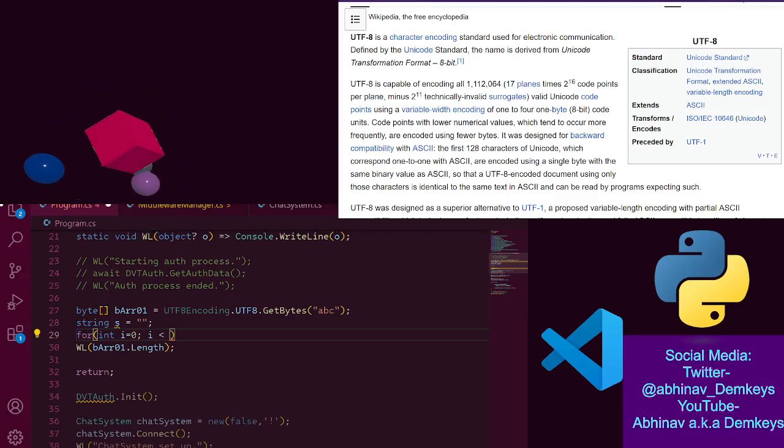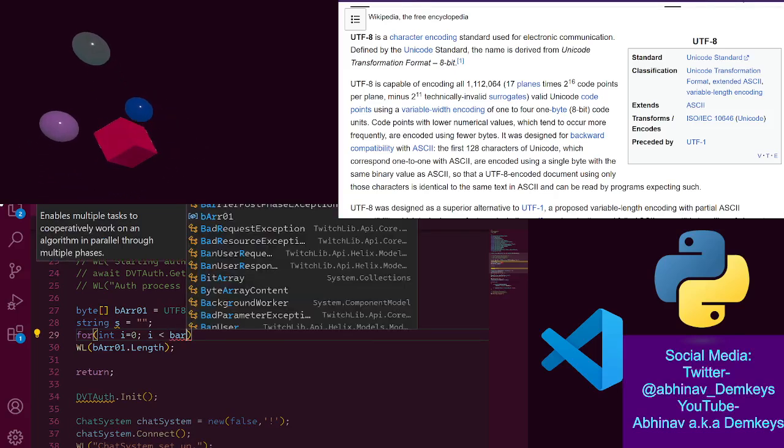I feel like Python has made me lazy as hell, because when I come back from doing a bunch of Python to C#, I look at it and I'm like, oh my God, there's so much typing. So much typing. Anyways,